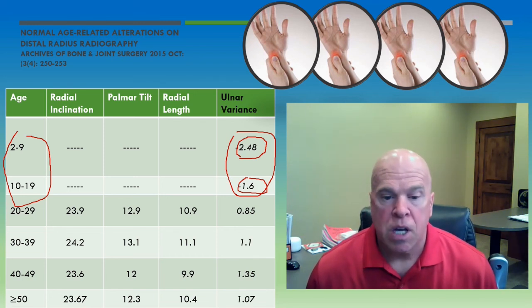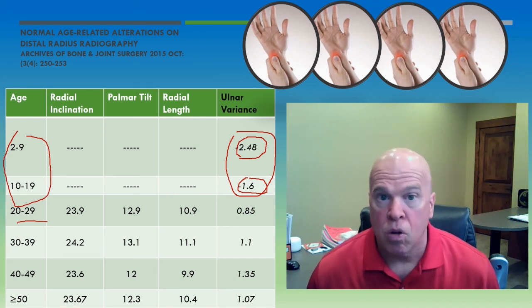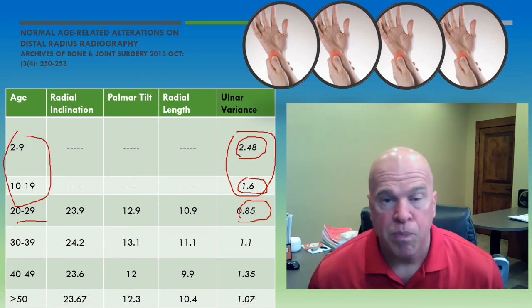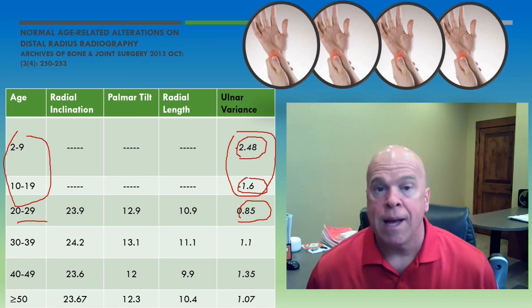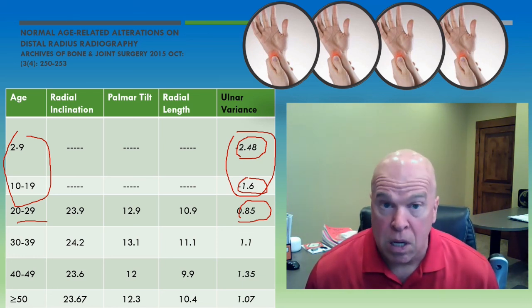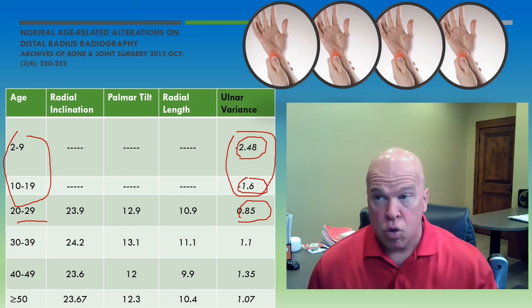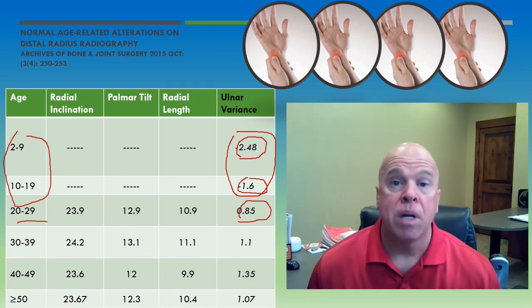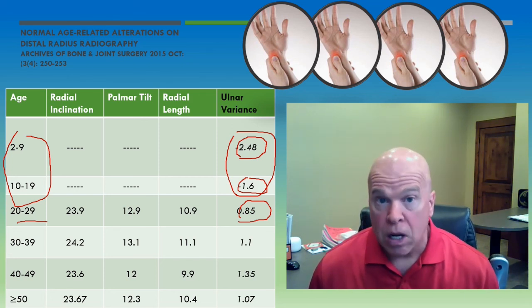Thereafter, in skeletal maturity, with ages 20 through 29 and progressing all the way up through ages 40 to 49, we're starting to see an increase in the positivity of the ulnar variance, with those ages between 20 and 29 having approximately 0.85 millimeters of positive ulnar variance, contributing to increased abutment and impaction syndrome on the ulnar side of